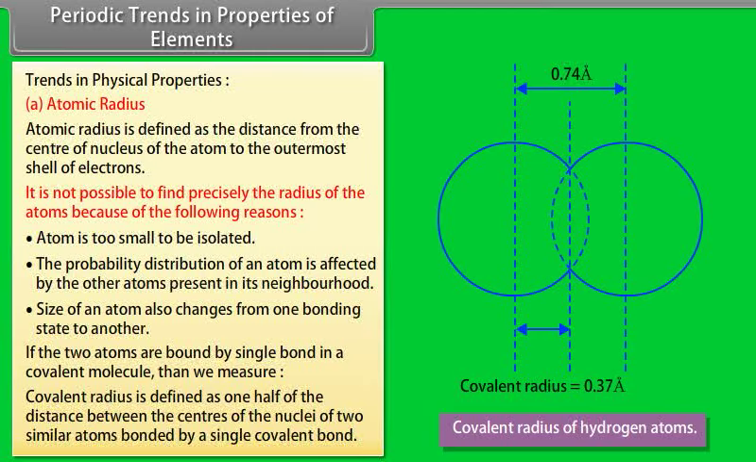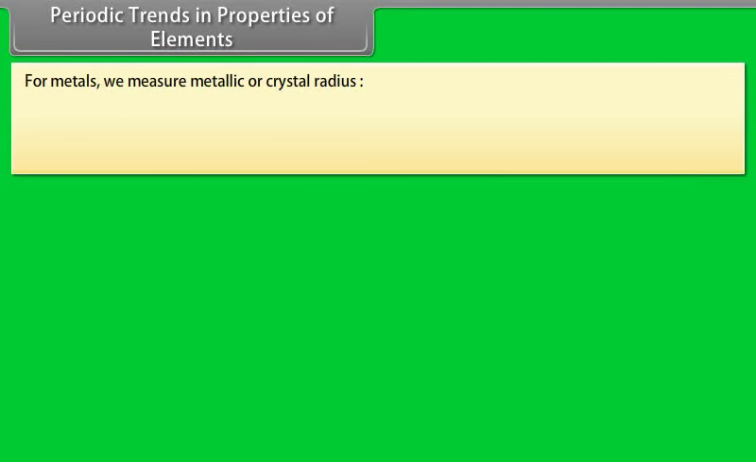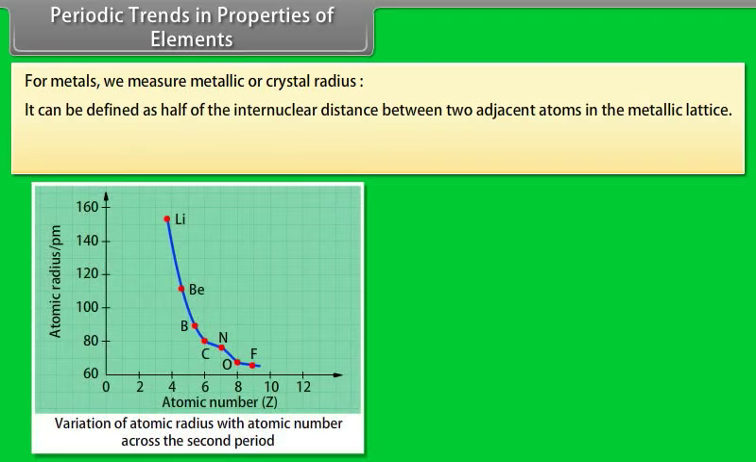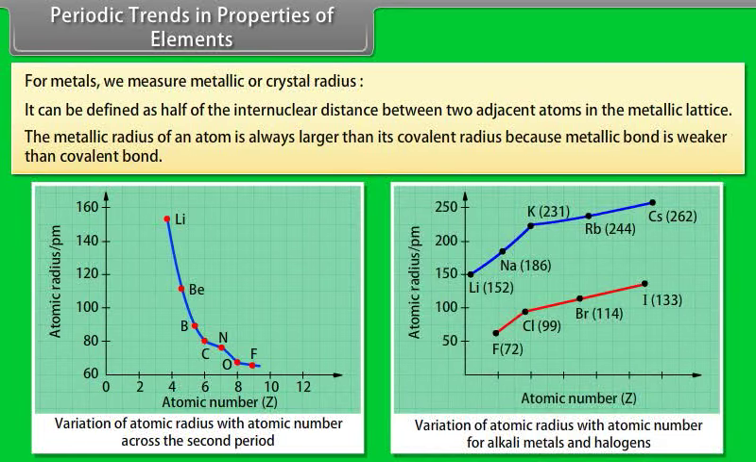Covalent radius is defined as 1/2 of the distance between the centers of the nuclei of two similar atoms bonded by a single covalent bond. For metals, we measure metallic or crystal radius. It can be defined as half of the internuclear distance between two adjacent atoms in the metallic lattice. The metallic radius of an atom is always larger than its covalent radius because metallic bond is weaker than covalent